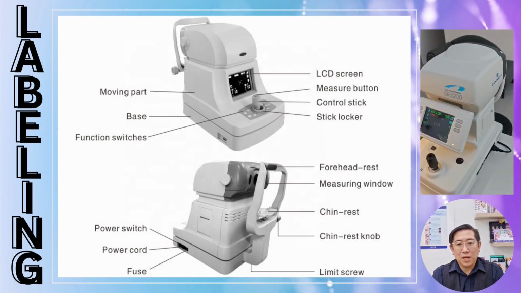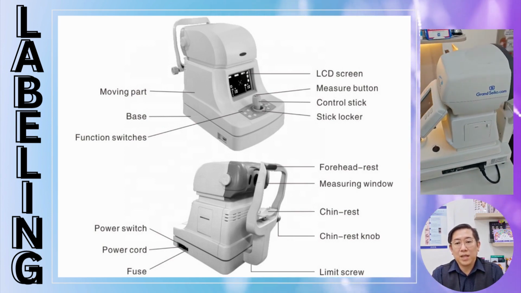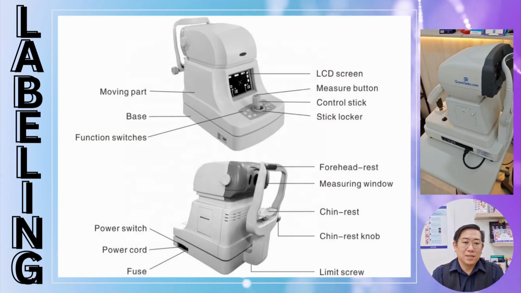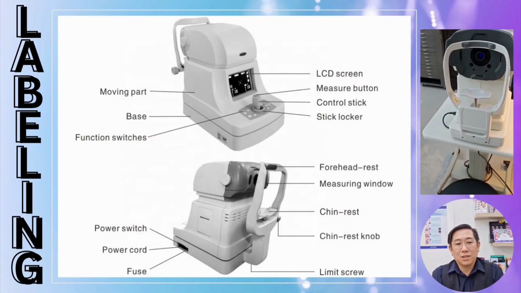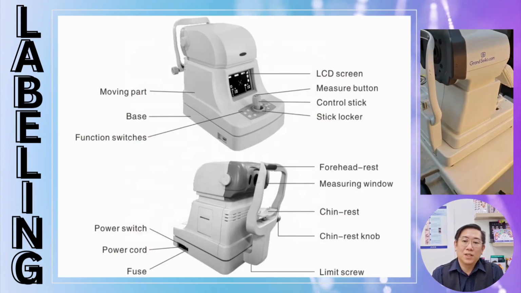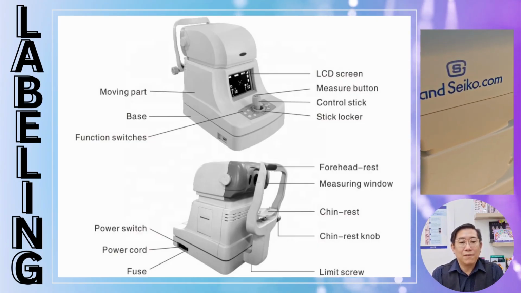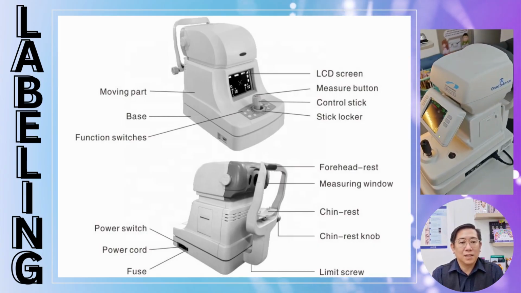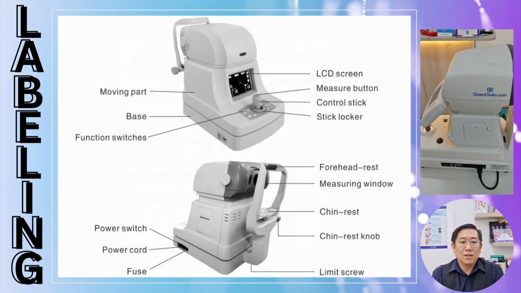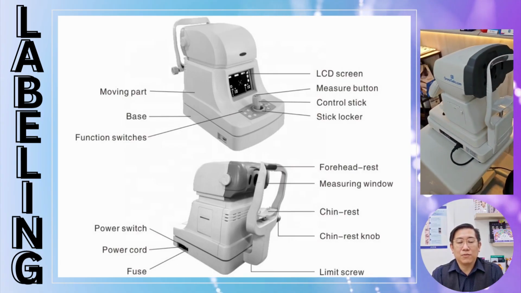When the eye is properly aligned, this button is pressed to begin or capture the reading. 6. Control sticks. The joysticks allow the operator to precisely move the measurement head left or right, up or down. 7 is the stick locker. It locks the control stick in place to avoid